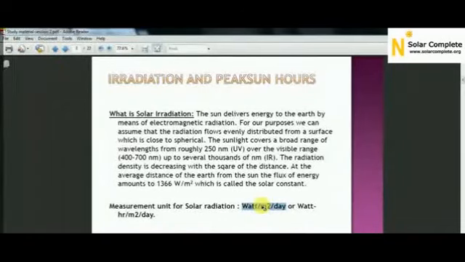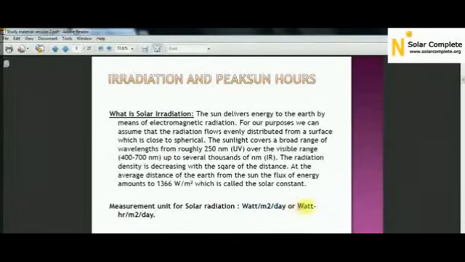So how 1000 watts? Let's suppose I have just assumed the value. Let's assume some values right now. Let's suppose your pyranometer is showing 10 watt of solar power on 1 meter square area per day. So on 1 meter square 10 watt, so how much will it be for 100 meter square? It is 1000 watt. Like this you can calculate the solar power which is coming on the surface of the solar panel.